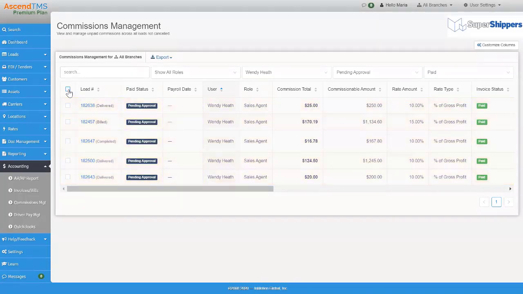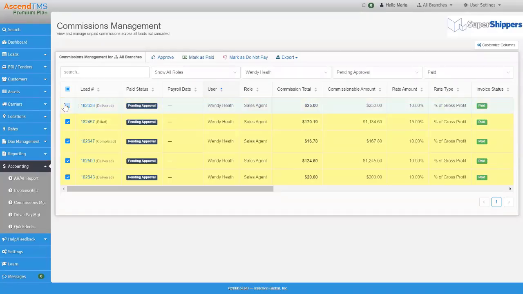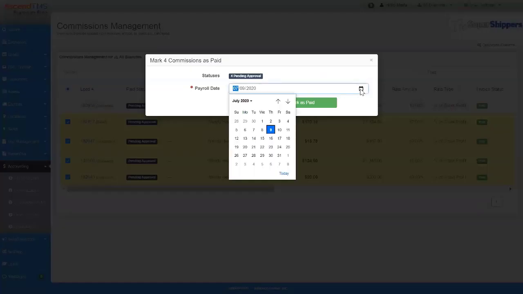Don't worry, it's coming. And I can select all, and now I can go ahead and take my action if that's what I wanted to do. All right, so I'm gonna skip approve for this one. I'm just gonna go right ahead and mark these as paid. Actually, no, since you guys can see this a little bit clearer and nobody's in here yet, I'll leave that one on the top. I'm gonna leave that out. So we'll mark everything else as paid for tomorrow.